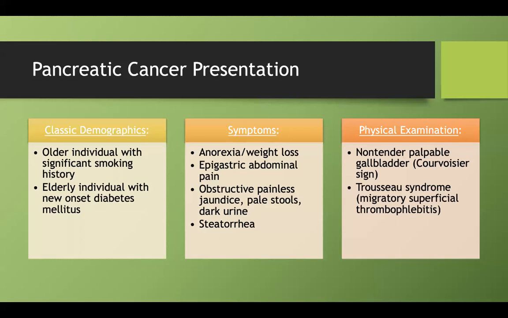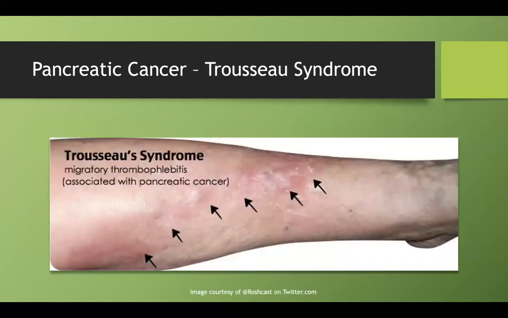Another syndrome you should realize that's associated with pancreatic cancer is Trousseau syndrome, also known as migratory superficial thrombophlebitis. This is caused by multiple blood clots usually in your extremities due to a hypercoagulable state. Most cancers do cause hypercoagulability, and here you can see Trousseau sign is all these mini blood clots here. And for this one, I remember Trousseau as thrombophlebitis.